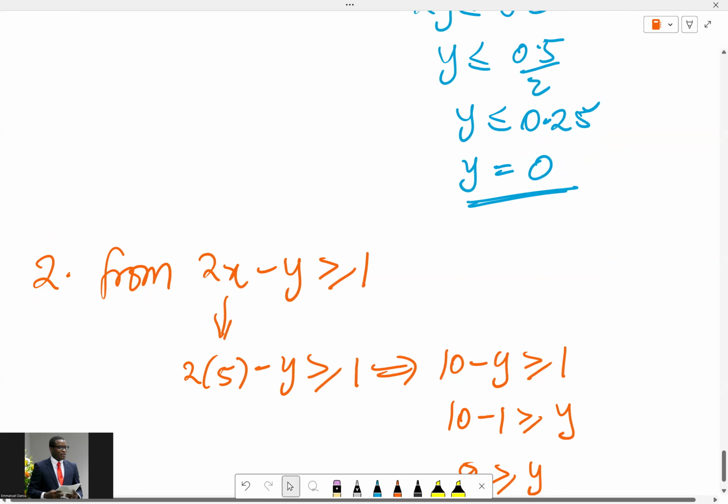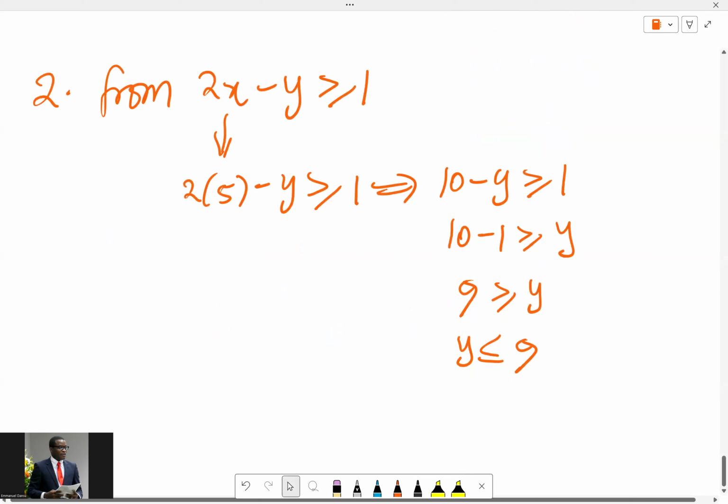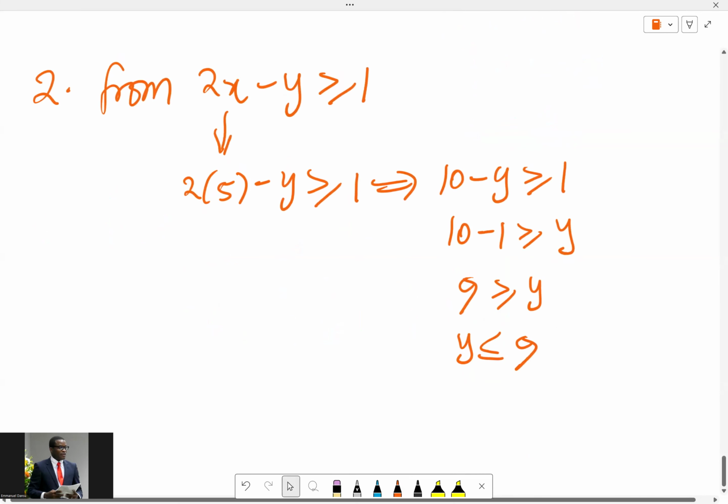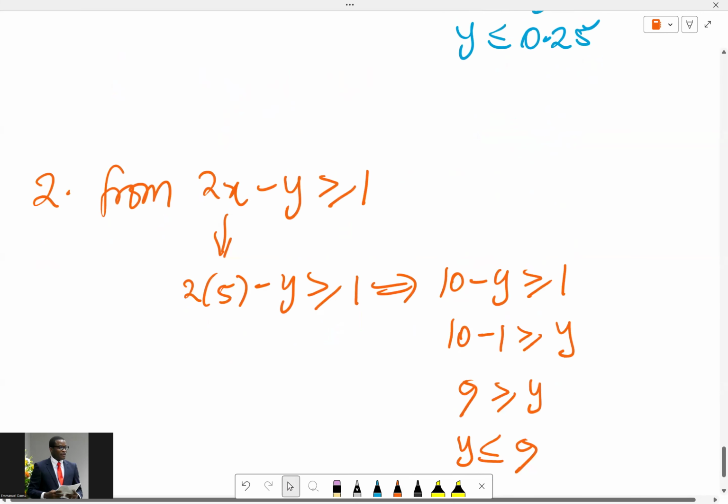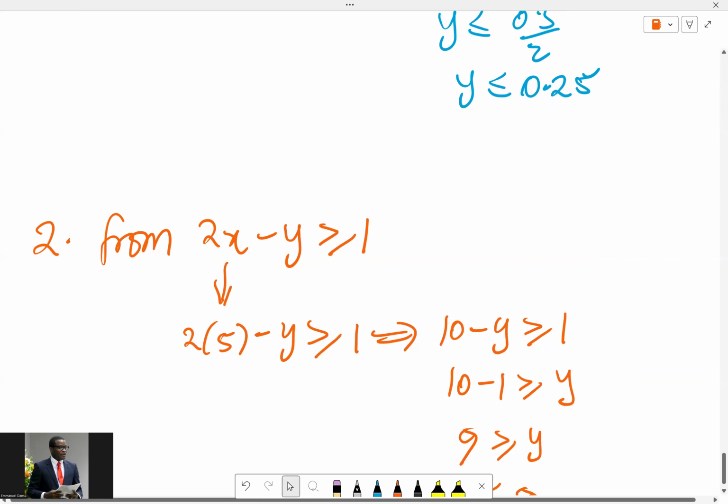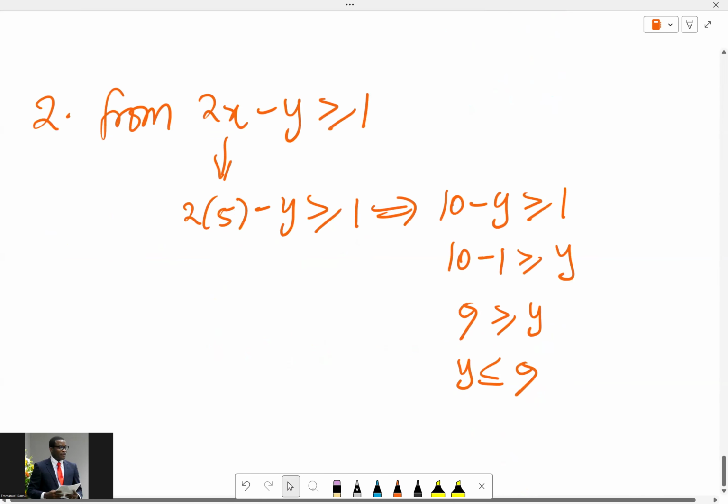Well, I guess we shouldn't even worry about this first, because we have to look at everything all together. We have to consider everything together. So here we have y less than or equal to 0.5, and here y is less than or equal to 9. And what we can take from that is that, of course, we know y is greater than or equal to 0, and if y is going to be less than or equal to 9, the feasible range for y is,